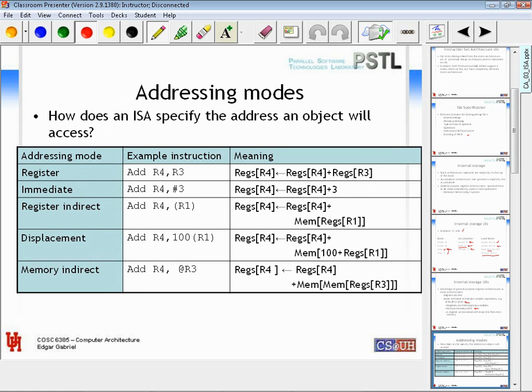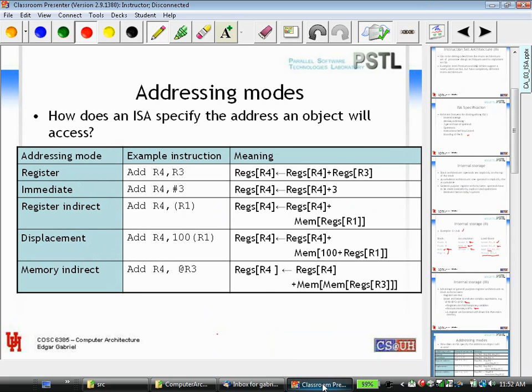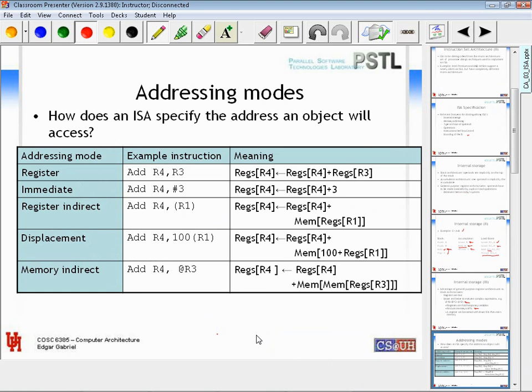So, since we agree now that general purpose register architectures are the dominant architecture nowadays, how can we specify what element from the main memory should be used or should be loaded? So there are various modes. There are actually a very large set of different addressing modes. We will just go here through a couple